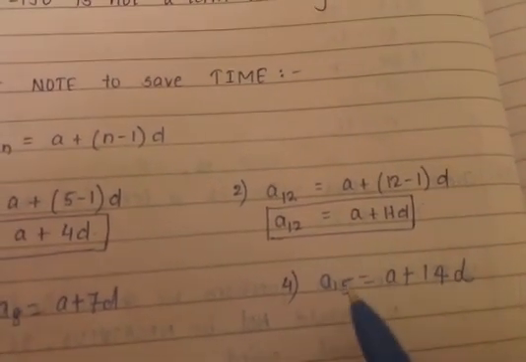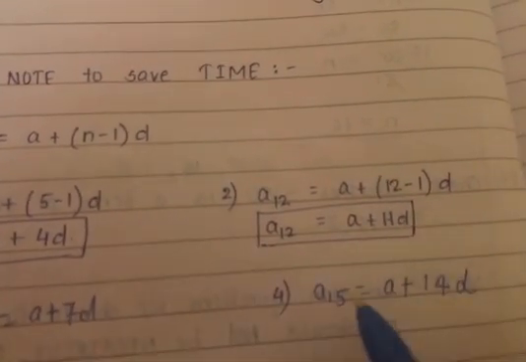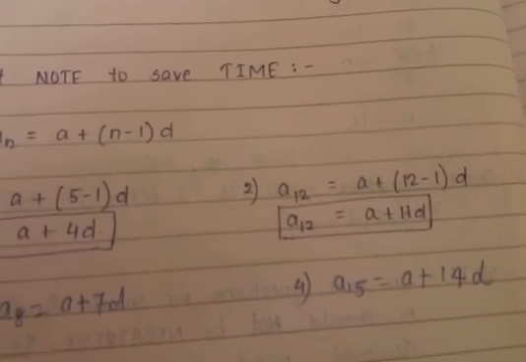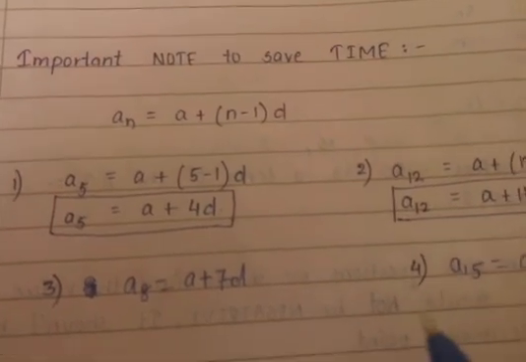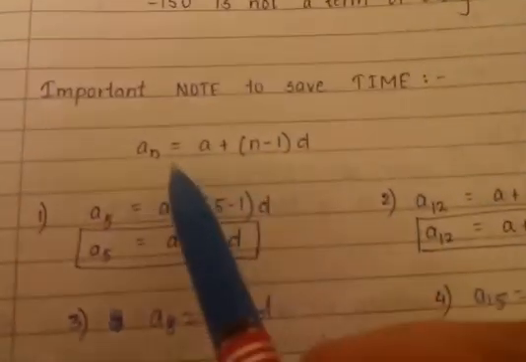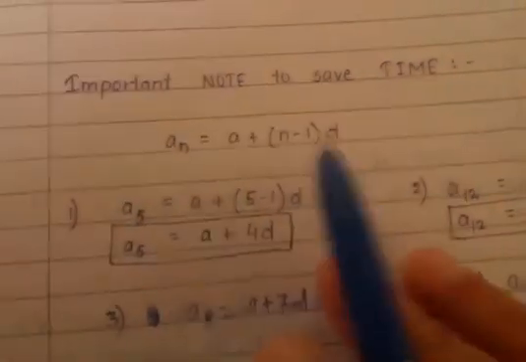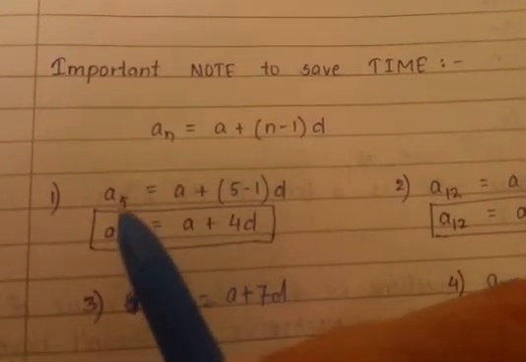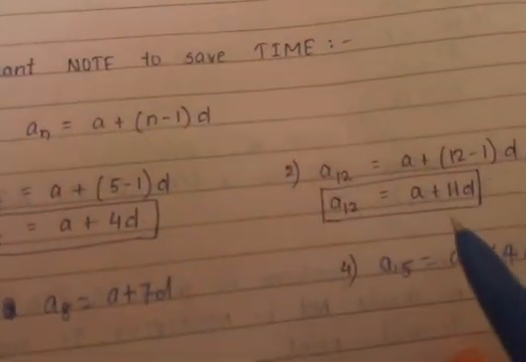So if you are asked the 15th term, you can directly write a plus 14d is equal to that term. So when we do the next question, that is exercise 5.2 question 7, you will understand very well how this is implemented. If you want to write the formula, substitute the values and then get this, not a problem. You can do that. So you can write this formula and substitute the value. In place of n you put 5, or in place of n you put 12, and then you get 11,